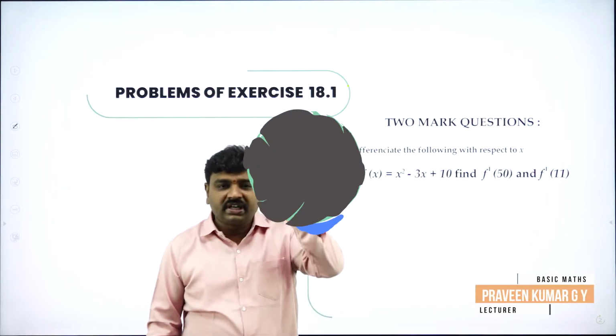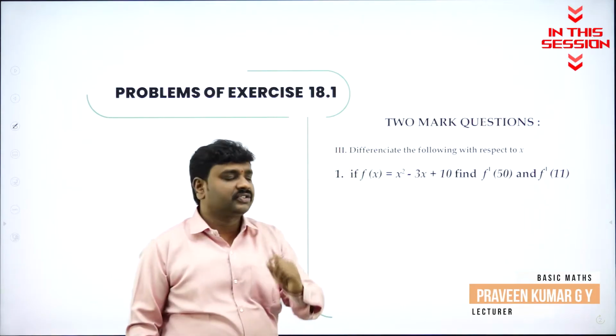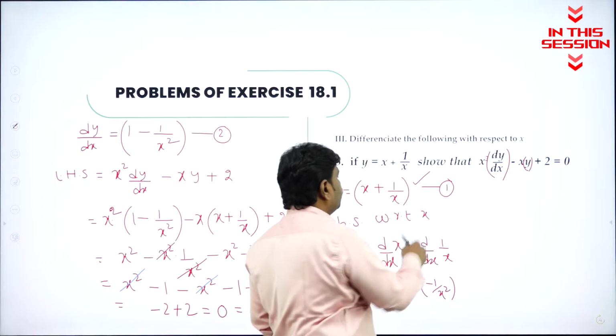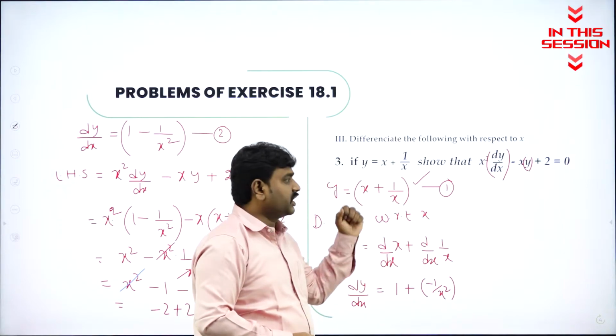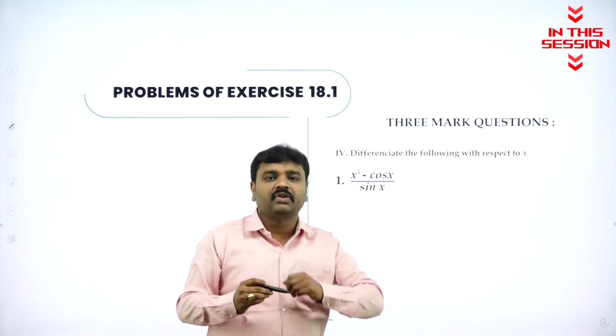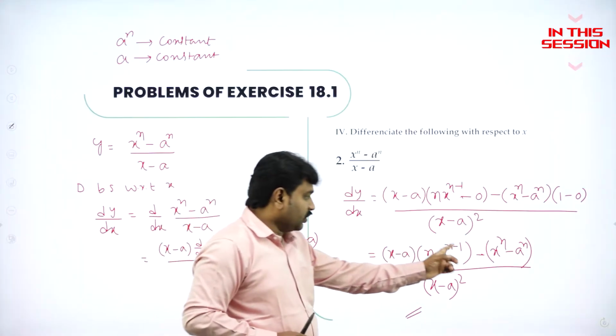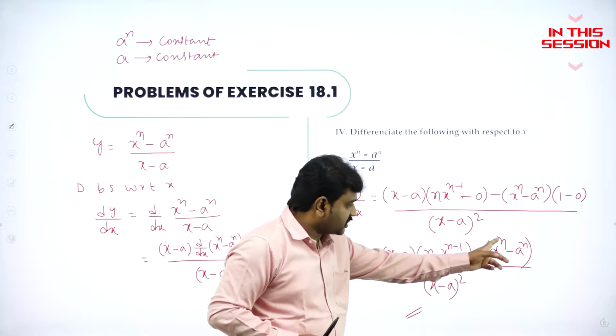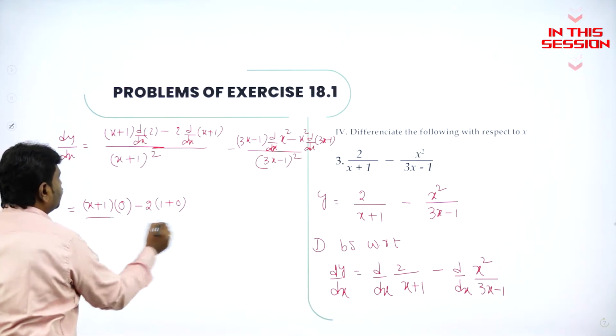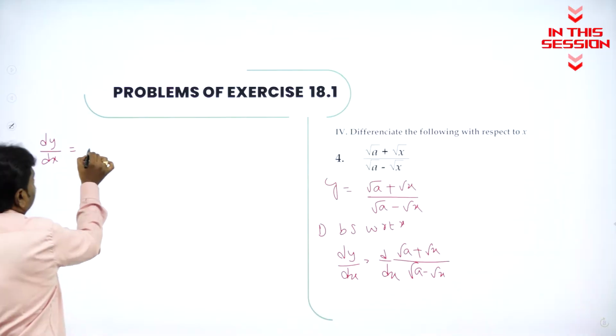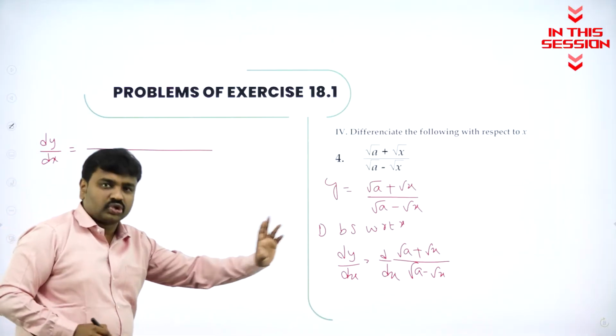Please understand, derivative of f of x is f dash x. Substitute y. Y means given problem. Y is what? X into x plus 1 by x. All of you know, if the problem is in the form numerator by denominator, we are supposed to apply what? Quotient rule. So if you want to expand, you can write minus x per n plus a per n, and this will become your d by dx of 2. 2 is what? 0, because derivative of constant is 0. In the denominator, we'll get denominator the whole square.